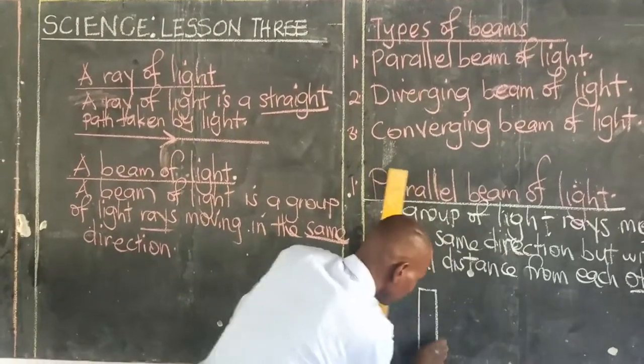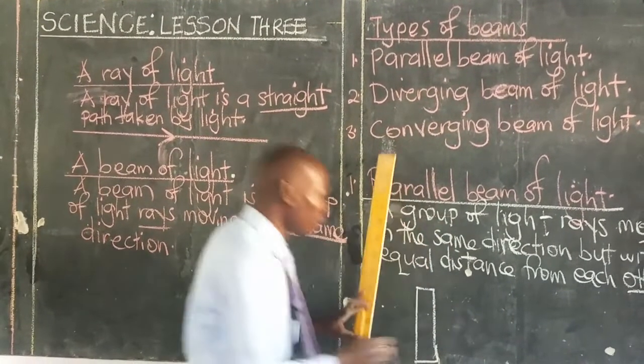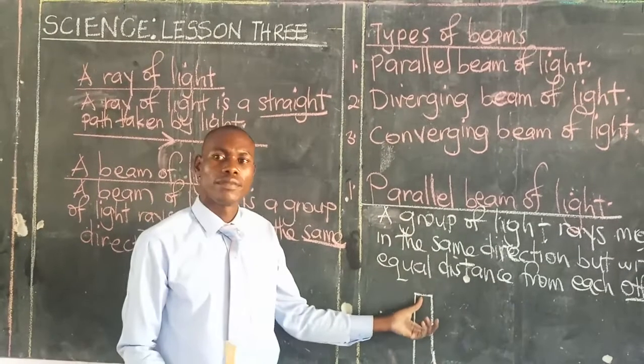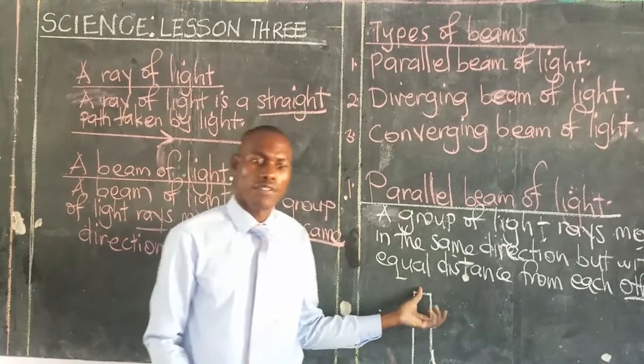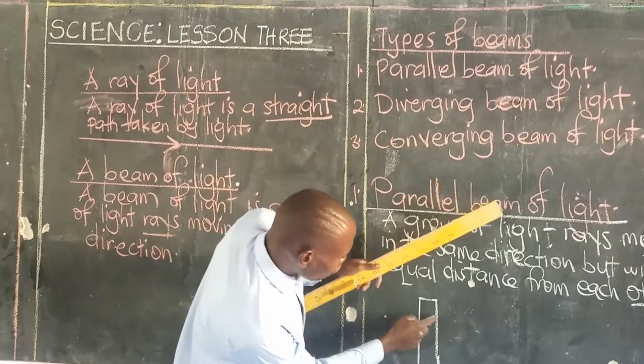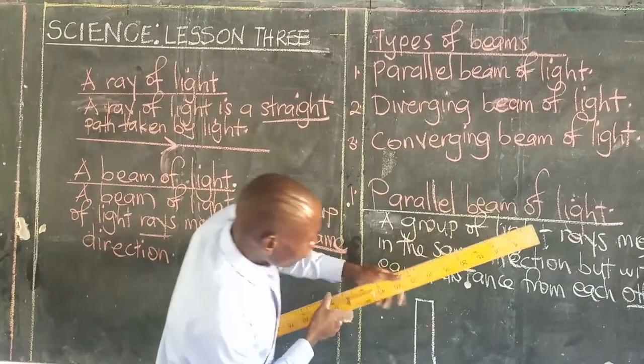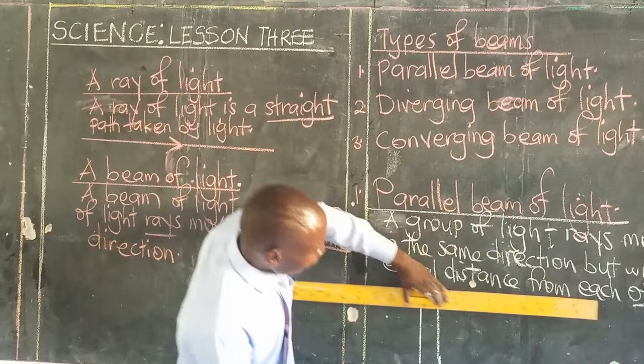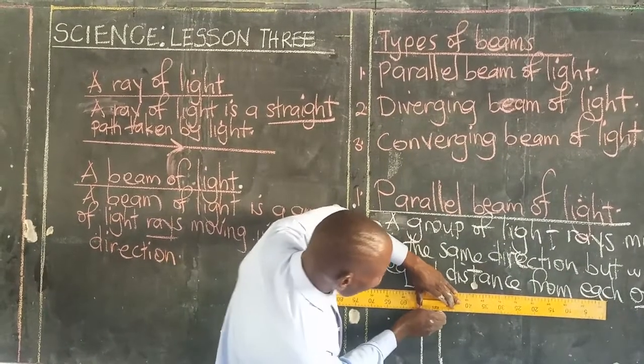Here, this one is our source of light. Now, as this source of light emits light, the light rays move